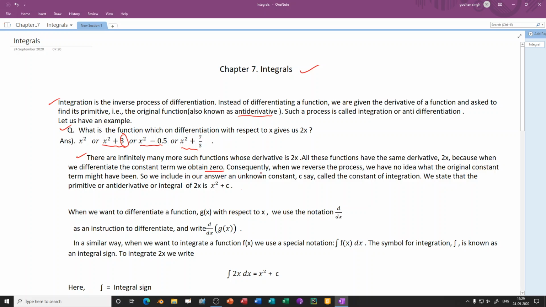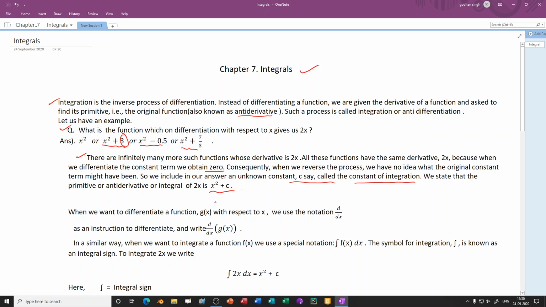So consequently, when we reverse the process, we have no idea what the original constant term might have been. So we include in our answer an unknown constant c called the constant of integration. We state that the primitive or antiderivative of 2x is x square plus c. That is, we do not know if any constant is associated with x square or not. So what we write in general is x square plus c, where c belongs to R,